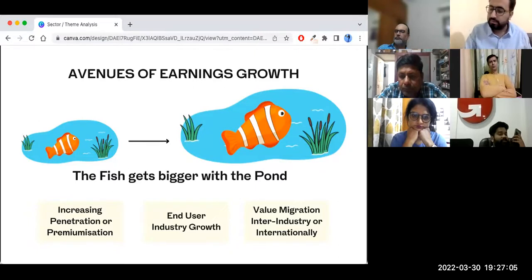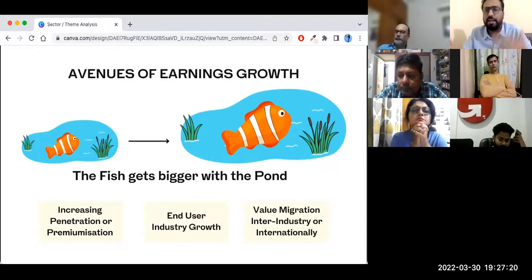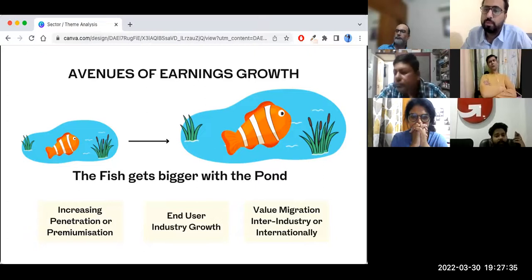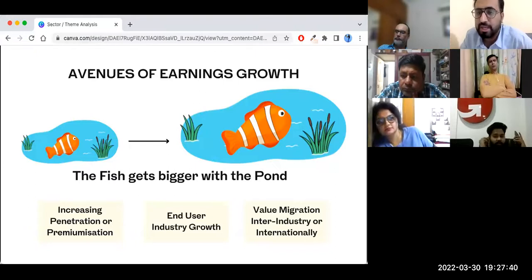All right. Now, you'll have a very logical follow-up question related to penetration, which is, if so many products that we actually use in our daily lives have very high penetration, right? Let's say toothpaste is there and so many other products are also there. Let's say shampoo is there. They have very high penetration these days. How are they able to grow now? How can the companies or how can the sector grow? Is there any other way for the sector or the company to grow? Because now they've reached almost 100% of the users in India, right? No new users will be getting added.